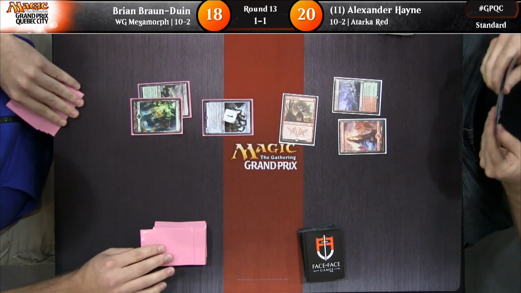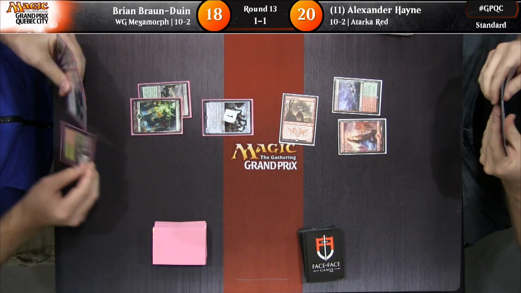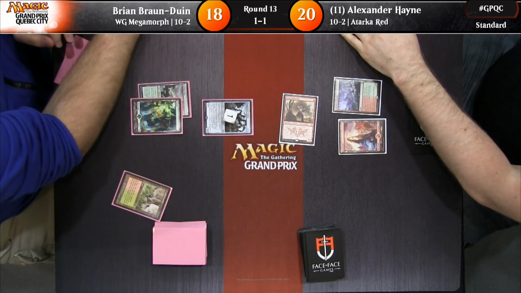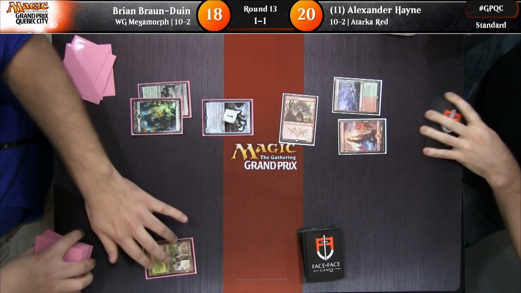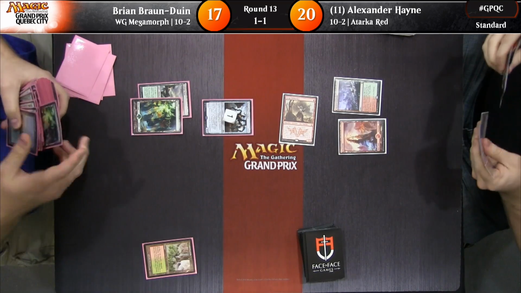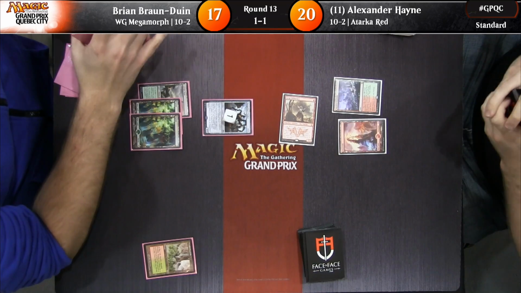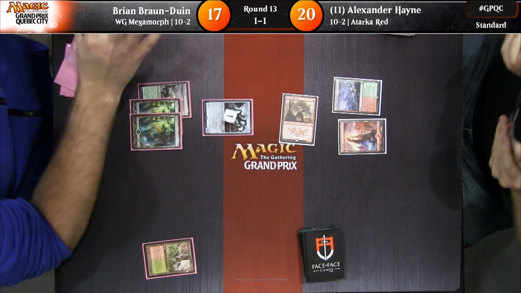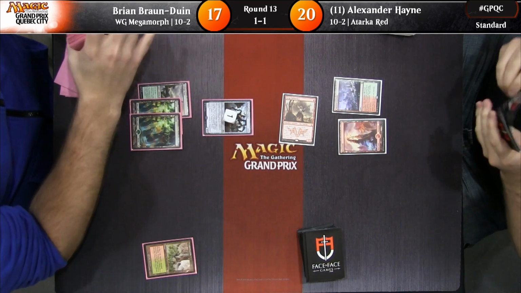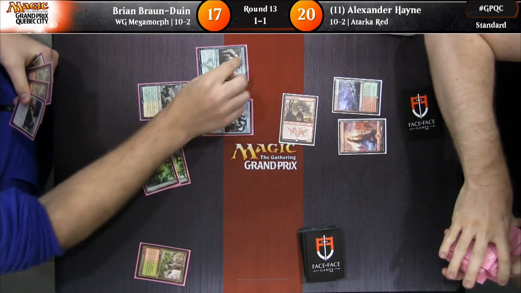No play from Alex. What does that mean? That's probably not a good sign for the Atarka red deck. Every card in his deck costs that much. Yeah, so even if he had like an Abbot in his hand, I think he would have cracked it off there. It's possible he wants to get a Cinderglade and he doesn't have another red source or another land in his hand. But I think this definitely favors...